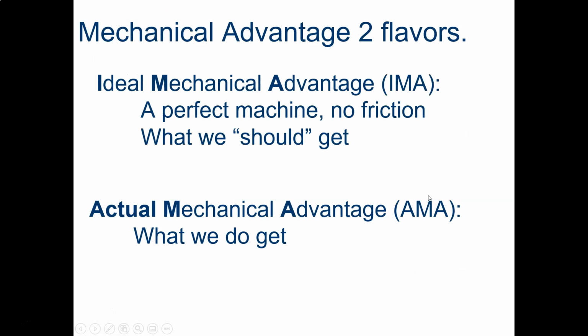Okay. There's two basic types of mechanical advantage. There's the ideal mechanical advantage, which is IMA, and the actual mechanical advantage, which we'll refer to as AMA. The ideal mechanical advantage is what you should get if there was no friction. If it was a perfect machine, this is the mechanical advantage you would get. The actual mechanical advantage is what you measurably get. So this includes friction, and these two in the real world are never going to be the same. Which one is going to be greater? Think about it. The ideal mechanical advantage is going to be greater than the actual mechanical advantage in the real